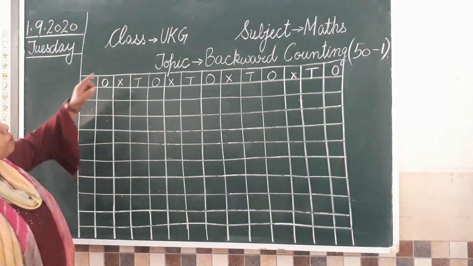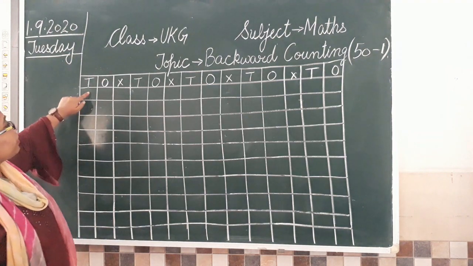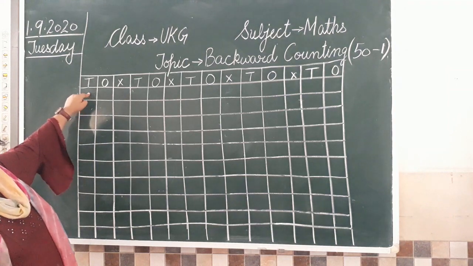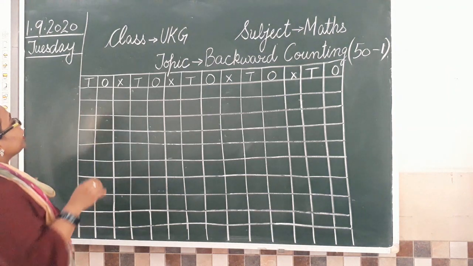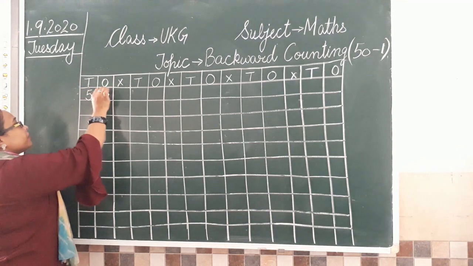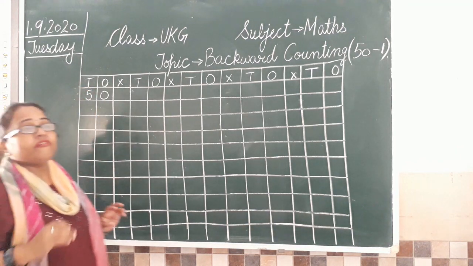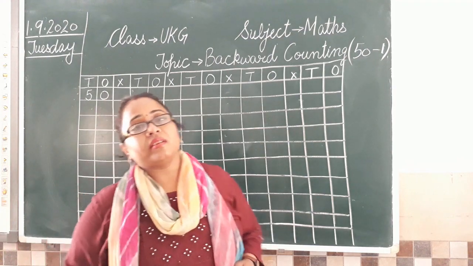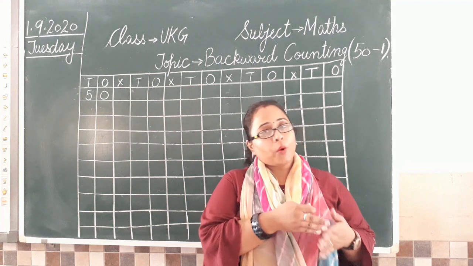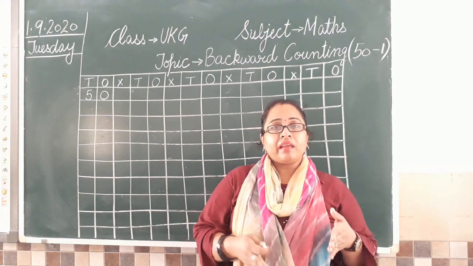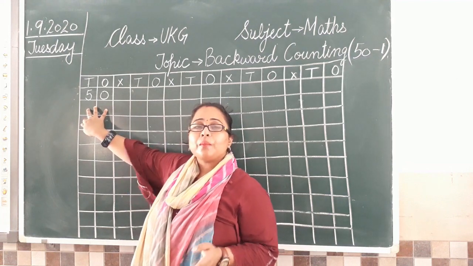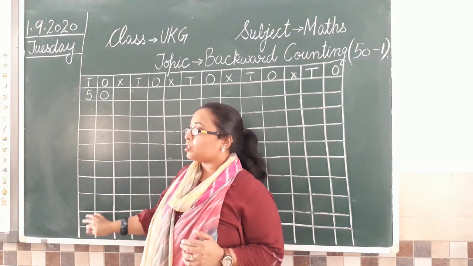So when we are going to begin from 50, what is the first number I have to write here? I am going to write 50 here. Yes, so like this, 50. Now the very easy way of doing this is, you all know how to do what comes before. आपको पता है ना, before means पहले वाला number. That means जो number आप यहाँ लिख रहे हो उससे before number लिखते जाना है बस नीचे नीचे.